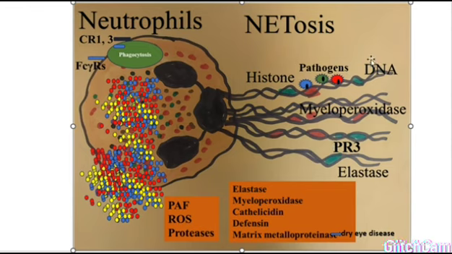These fibers are known as neutrophil extracellular traps, and the process of modification and expression of these fibers is known as